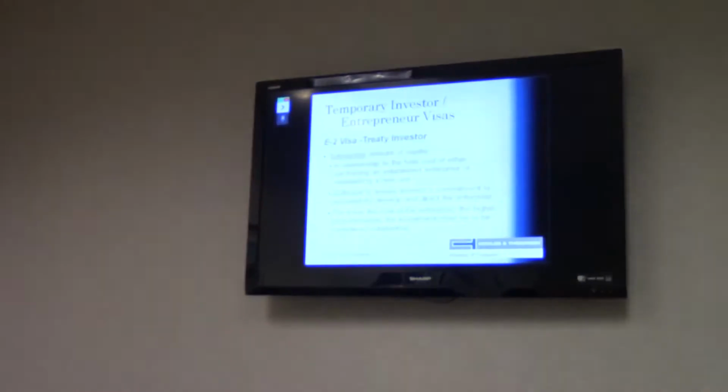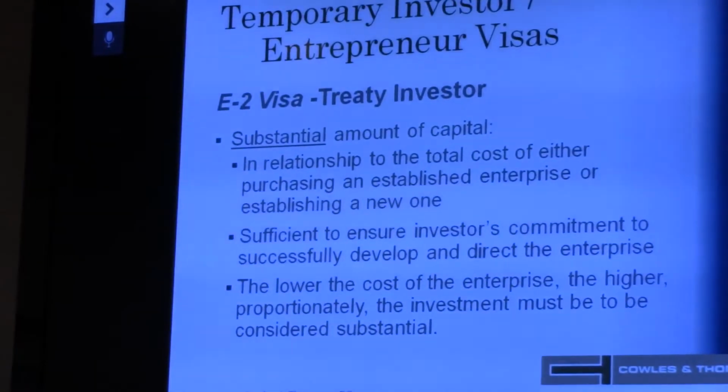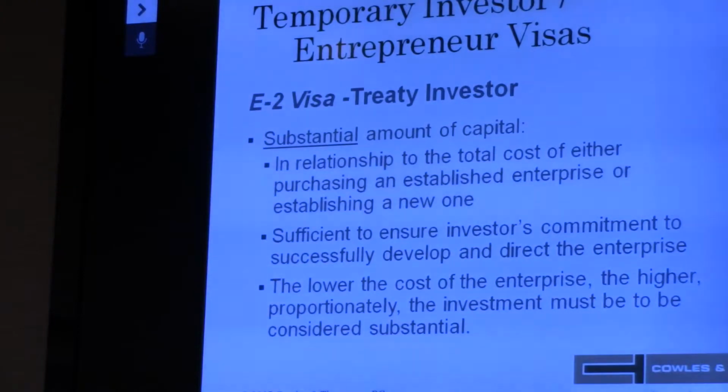Again, you're going to hear this a lot. Substantial amount of capital. Everyone asks, Angela, what's the amount I have to invest to get an E2 visa? And that's the $1 million question. But it doesn't really cost $1 million. No, not this one. But what is substantial? Everyone wants to know what substantial is. And the fact is there is no definitive answer. We do know anecdotally that some consulates, we are told, don't look at certain dollar amounts as serious, others do.